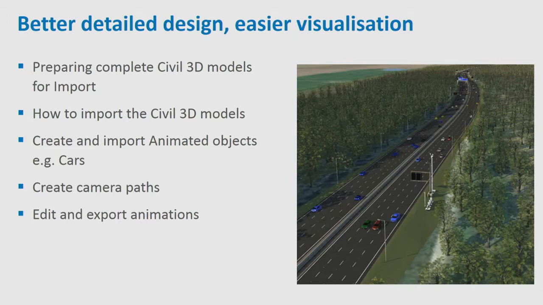Then we can create animated objects. So the cars in this model are animated and they're using 3ds Max. We just create them in 3ds Max, export them out, import them in. We can then create a camera path and then we can edit and export the animation just so we can use those to do checks, to just show the client what it will look like. So what I'll show you now is,